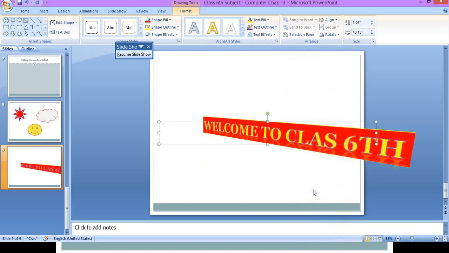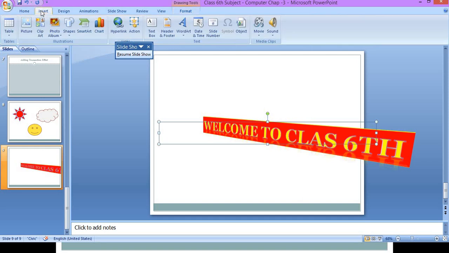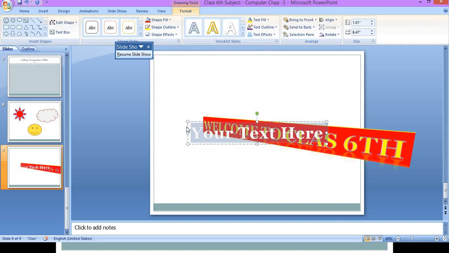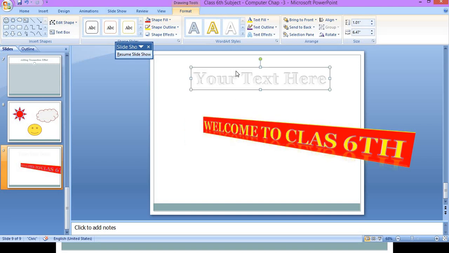Okay, so like this way you can use word art in your PowerPoint. For using word art in your PowerPoint, just go in the insert tab and click on word art, and whichever form of text you want you can select that form. Suppose I have selected this form. Okay, now we will see how these forms work. Okay, I will just move it, and here I am typing welcome. Okay, welcome. Now see this form is different from the first one. This one is different.